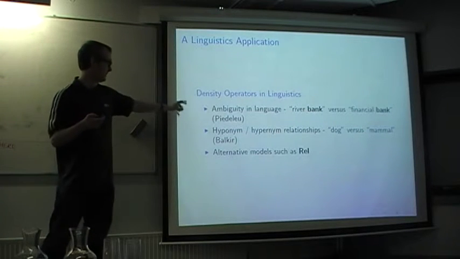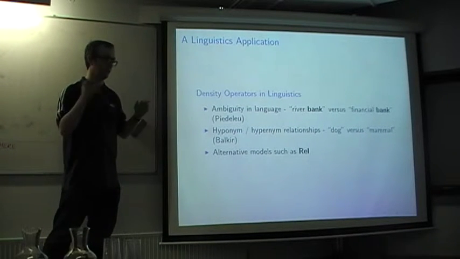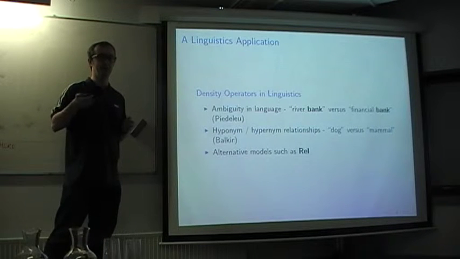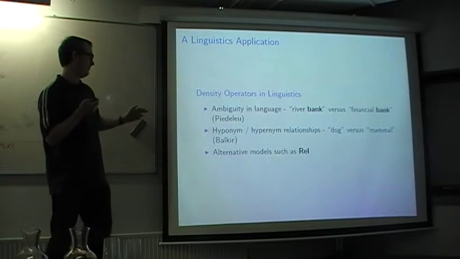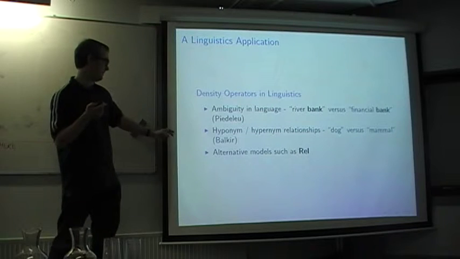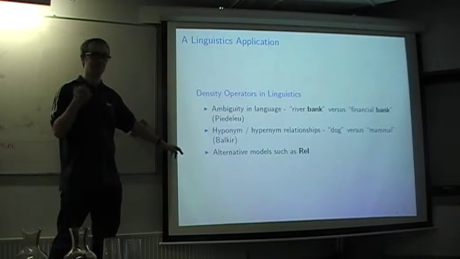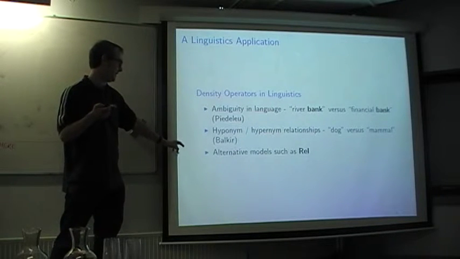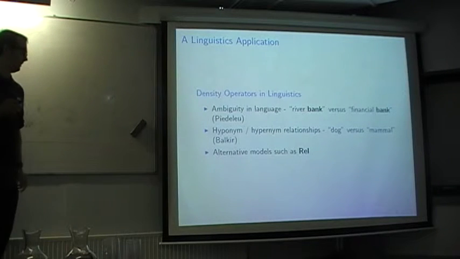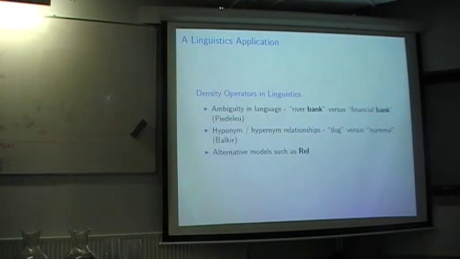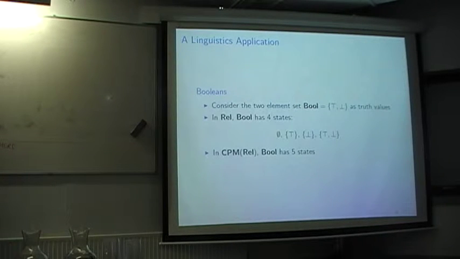So typically when we say this, we're thinking about working in CPM of Hilb for real Hilbert spaces. But we might want to look at other models, and REL is the natural go-to thing. That's the place everyone looks immediately after Hilb. So we'd be looking at models of these things in REL, which make good toy models because they're quite small and discrete. Okay, so in a recent paper by various authors, not including me,